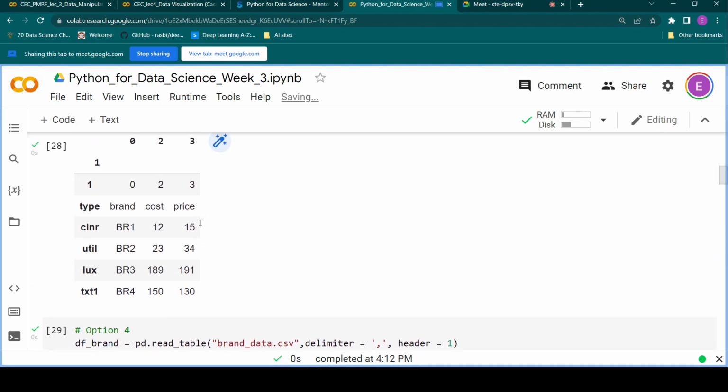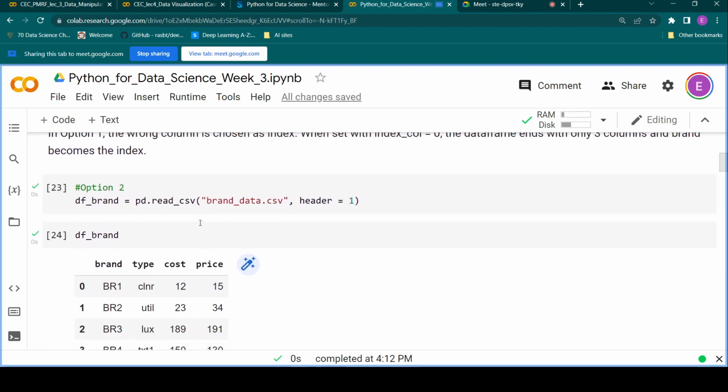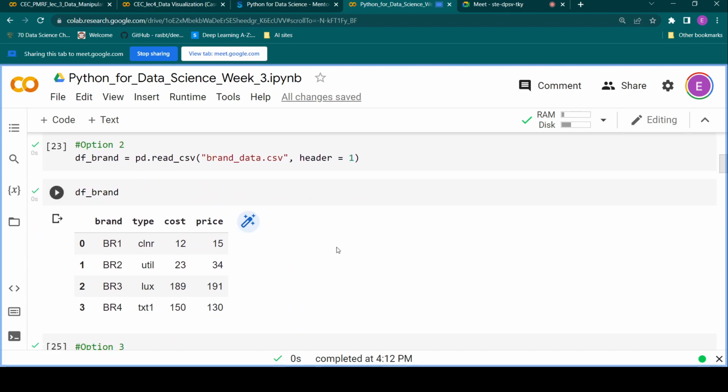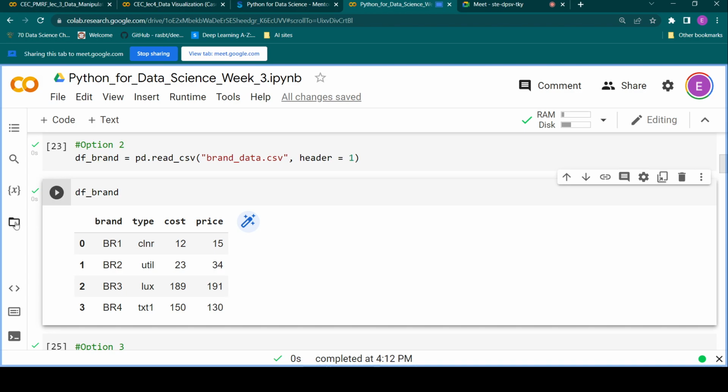Ma'am, can you show the second option? Ma'am, can you repeat the header again? What is the use of header? Yes, I'll tell you. Okay, this is the header. This is your data,